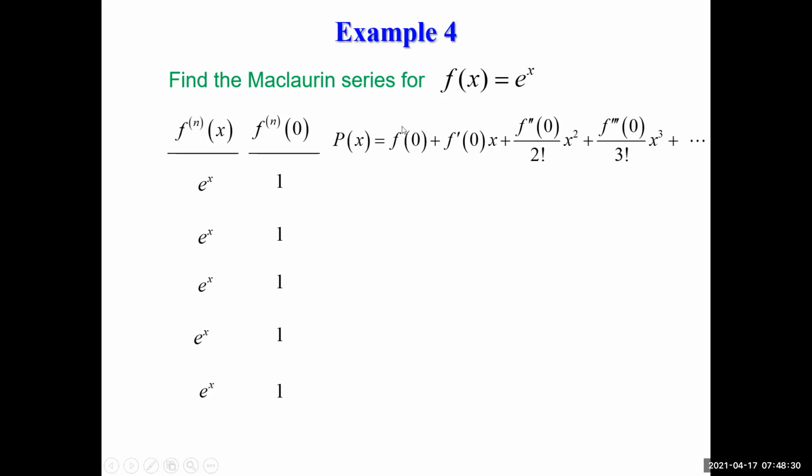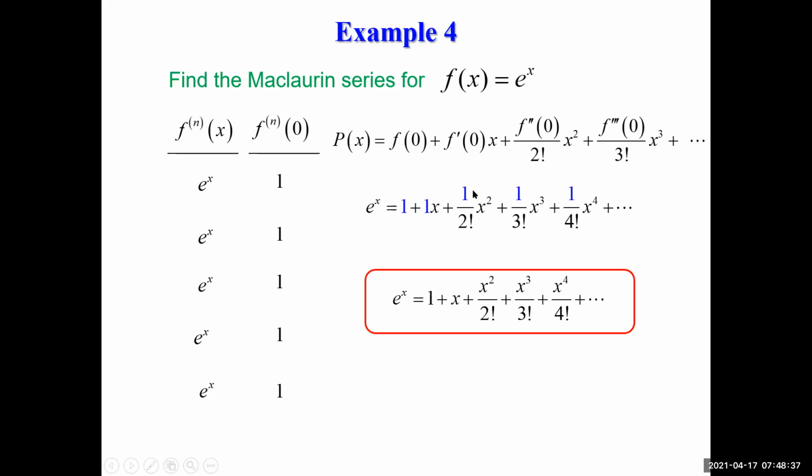So you see that all of these numerators are 1. So you plug in, it's 1, 1, 1, 1, 1. And I'm going to put this at the top, 1 times x squared, 1 times x cubed. And you get a very simple and nice formula, the Taylor Maclaurin series for the function e to the x. That one. All right. So again, you see that we have a nice formula we can use